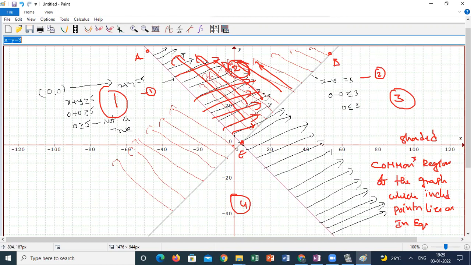Is it clear, students, how to do it? The way we present it is in your hands. Steps and all are in your hands. The main thing is that you look into the graph, the point of intersection, and the shaded regions, which are included and which are not included. You know how to represent what is not included. One question we are going to do without including.